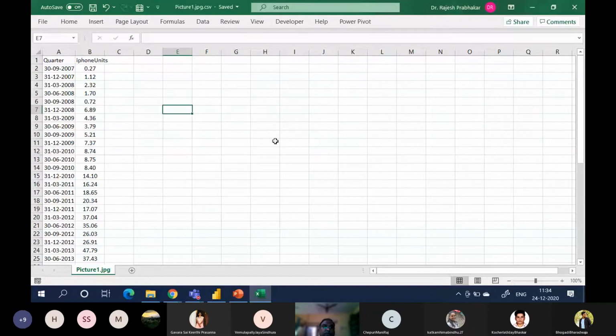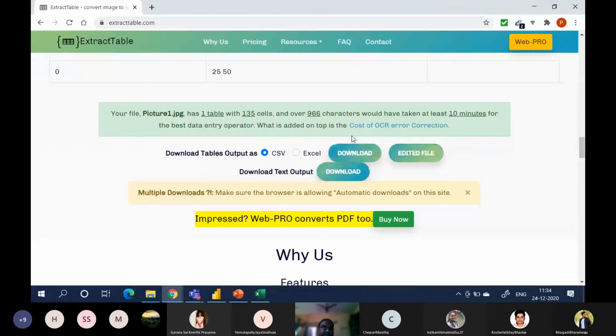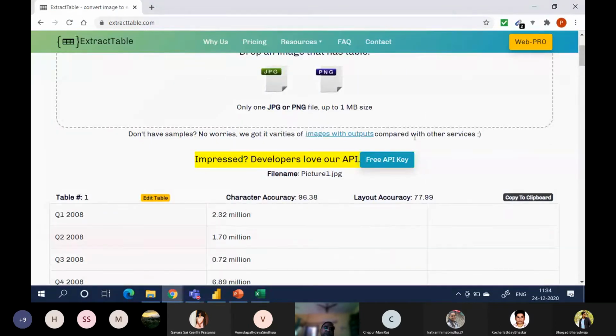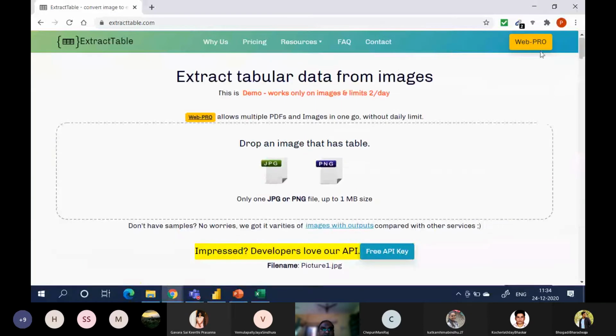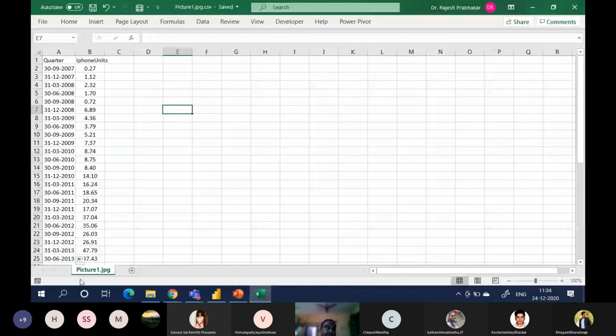Okay. So all of you know, right? It's very easy to generate data from pictures also. Anybody has used these websites, Extract Table and all, in your SIPs? Now the best is Extract Table. You give it a JPG or PNG file up to 1 MB, it will automatically detect the data. It's a free version where you can give images to get the data, like how I got the data here.